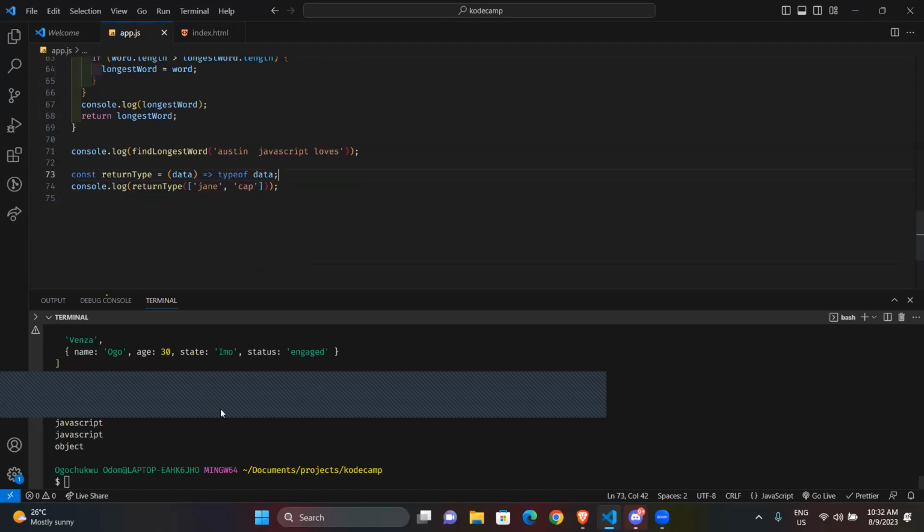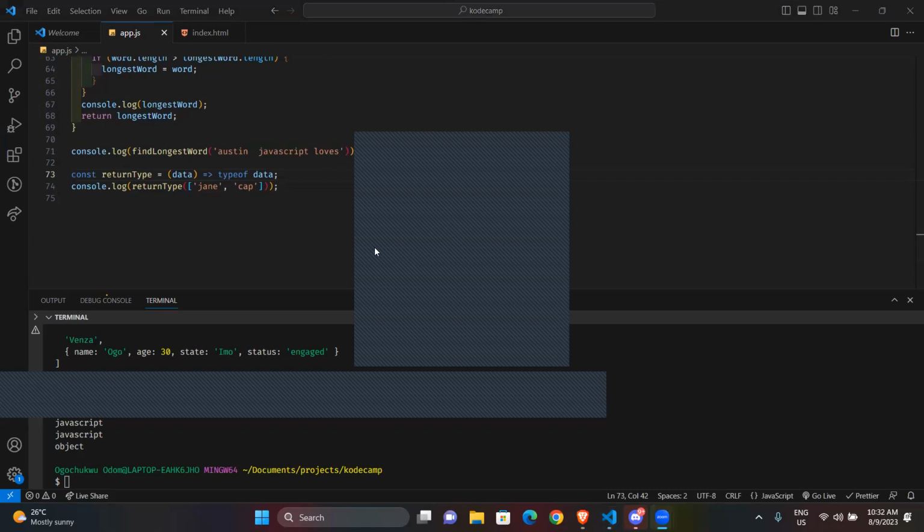So are we clear on that? Does anybody have any questions so far? Are we good on that? Because now we are jumping into React props. I'm done with this, guys. So are we good on these functions?